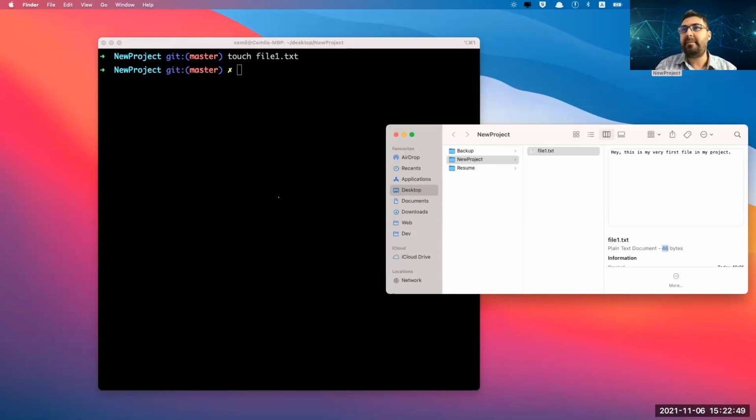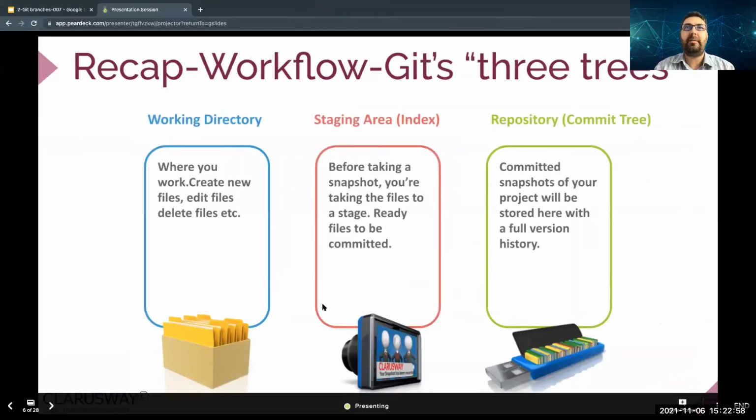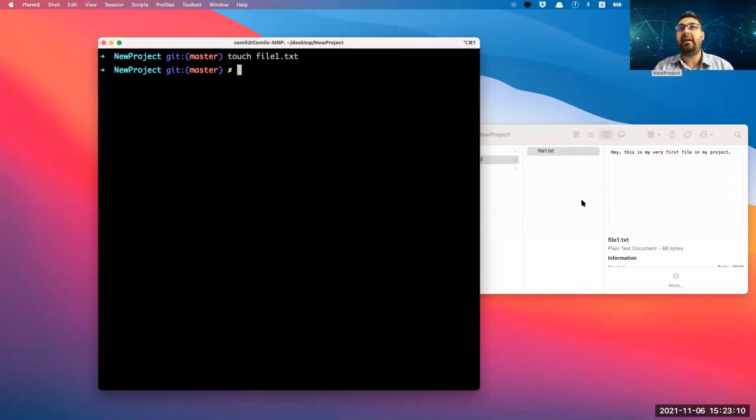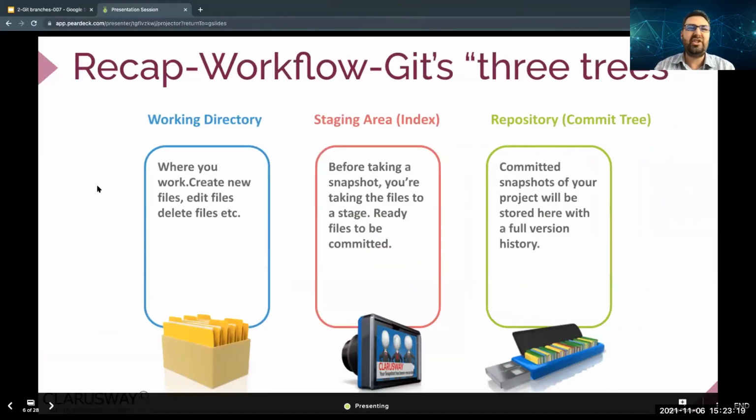Now the Git. I want this file now to add to my staging area, like in this presentation. Because before I commit, before I go to the cashier in the grocery shop, I should add the things that I want to commit. Well, currently I have a file, but Git is not tracking this file. It's just the file in my working directory, which is here. It's just any file in my computer.